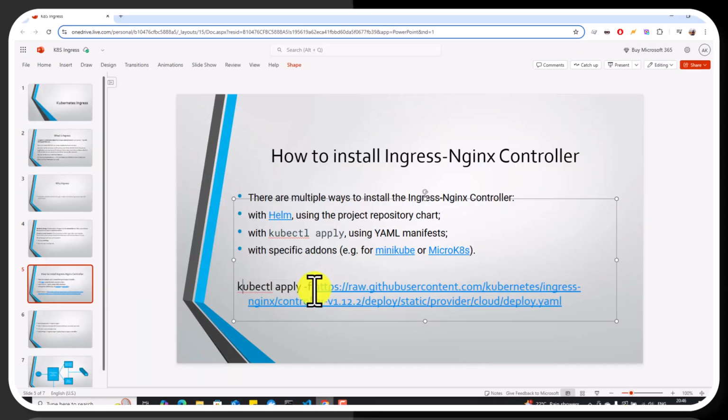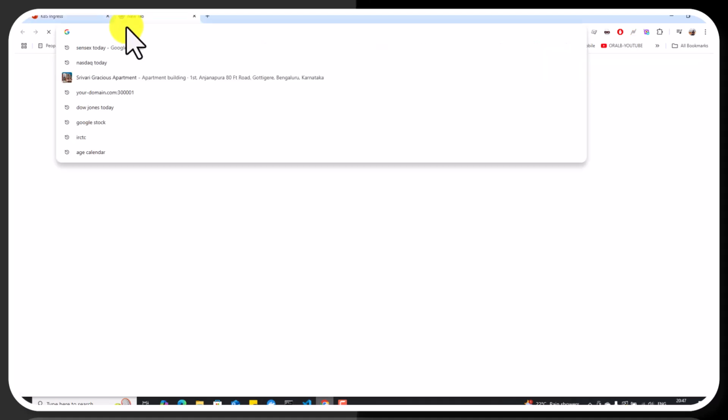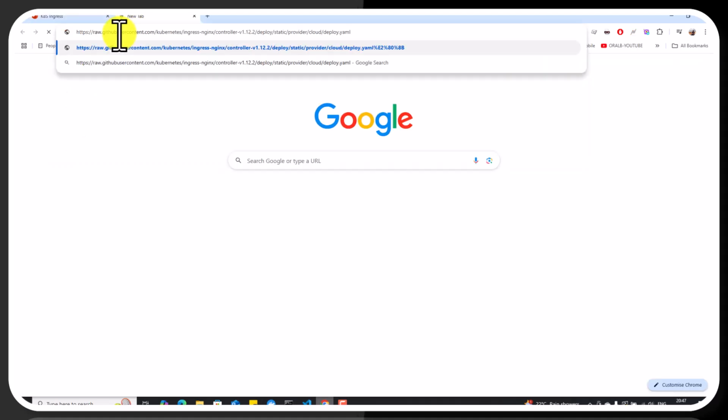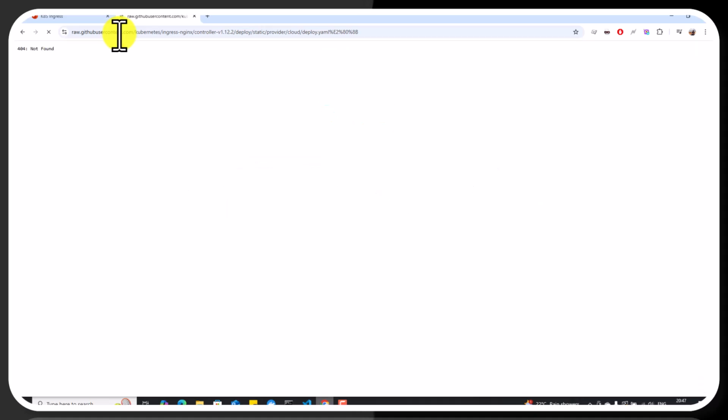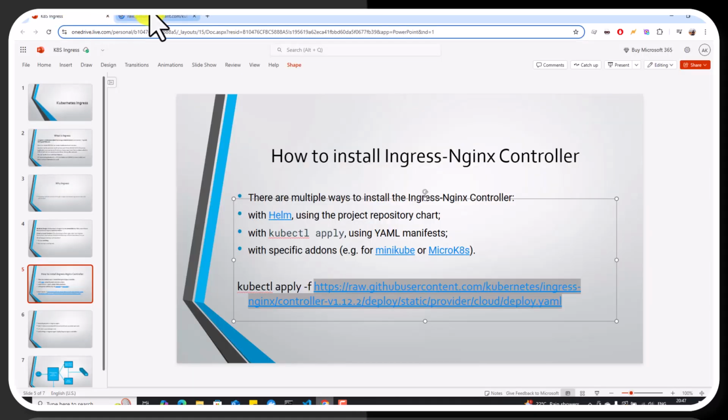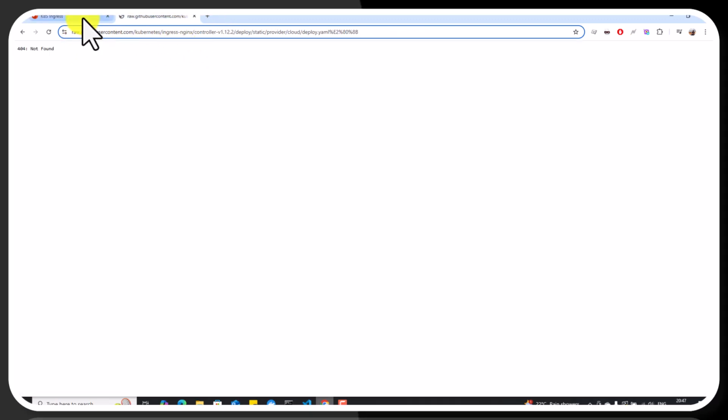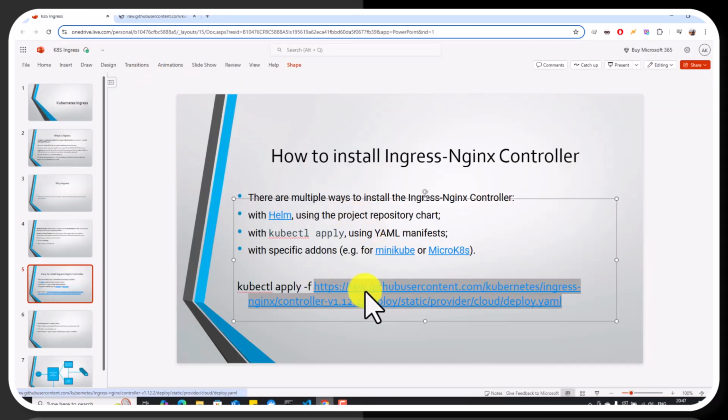kubectl apply. So when you see this file, this is a deploy.yaml file which will help you to install the nginx ingress. There are multiple ingresses available. It's up to you which ingress you are going to use. Again, there are differences between the multiple ingresses we have. We can see that https